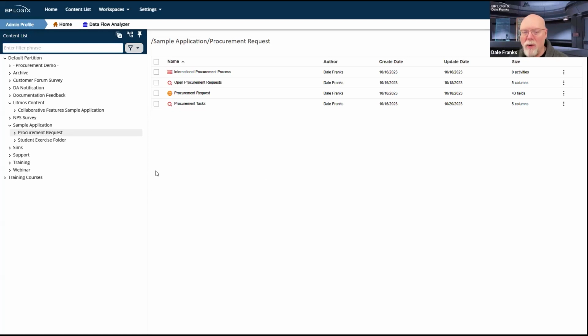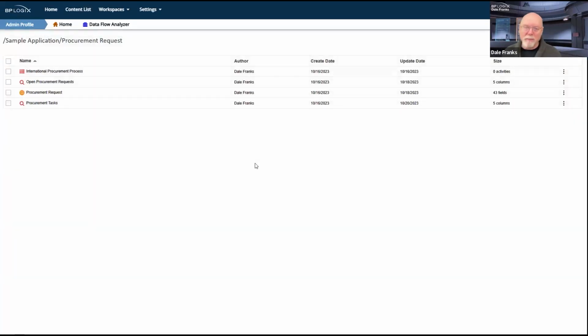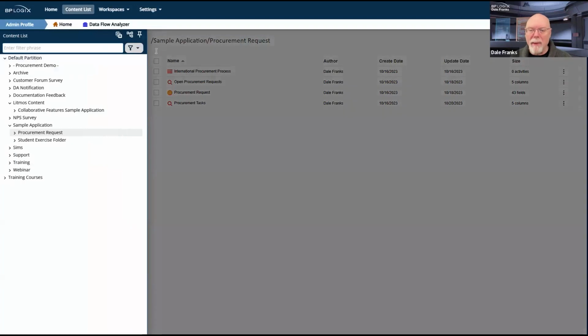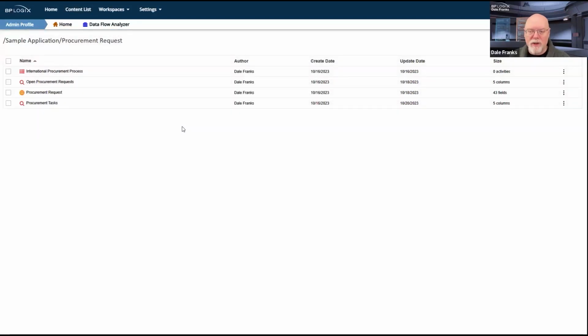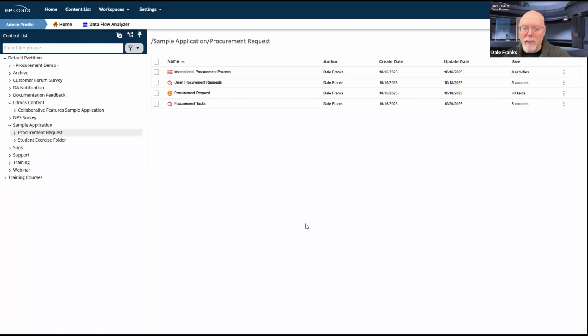I don't know, based on how this UI is constructed, if it is possible to make the content list size adjustable. That is, in fact, the reason why you can simply unpin it and then just bring it back when you want it and just dismiss it when you don't, so that you can reclaim that horizontal space on your screen. So I understand it, because it does take up, as I've been talking about, a fair amount of horizontal space, although making it dismissible, I think in many cases obviates that concern.